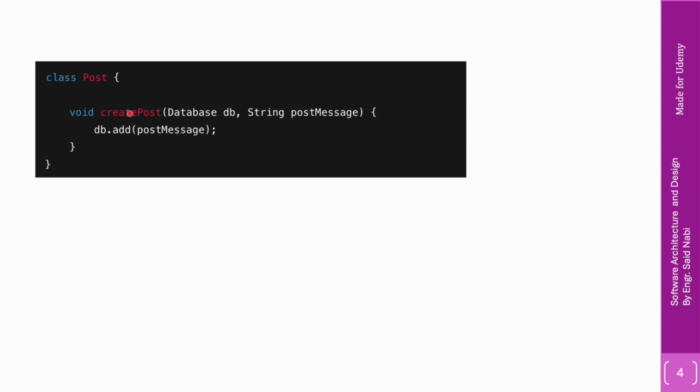Okay, now let's solve that problem. Here you can see I have a class Post, and in this class I have a method createPost, but I didn't add all types of posts to be handled. I have added just a single, simple add method of class DB, right? So I am writing this method in this class, and if I want to store a specific type of message, I would like to extend this class. For example, I want to store a tag message, a post message, a mention message.